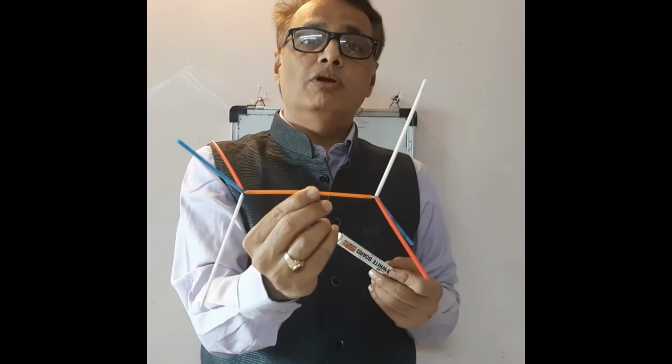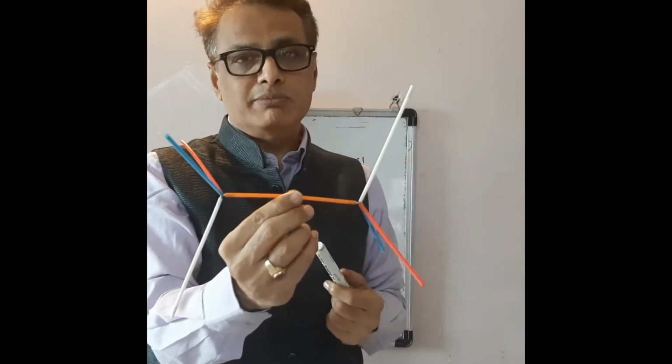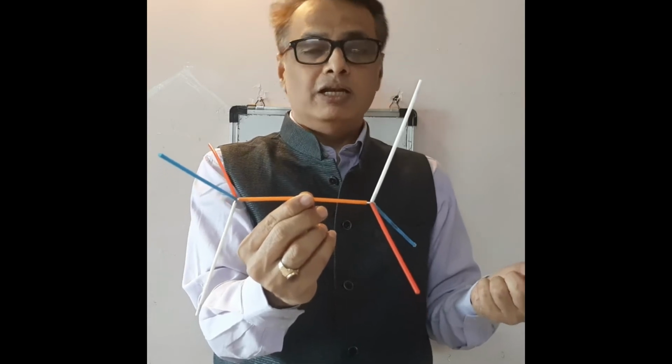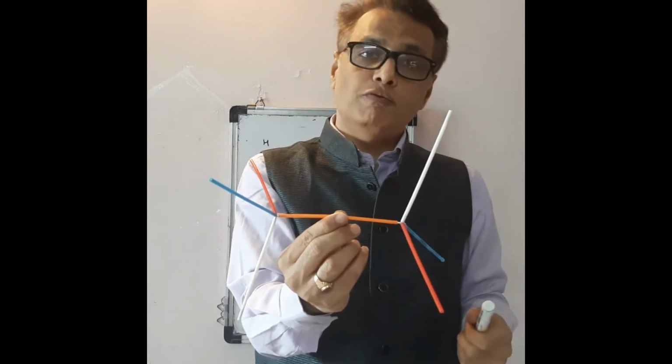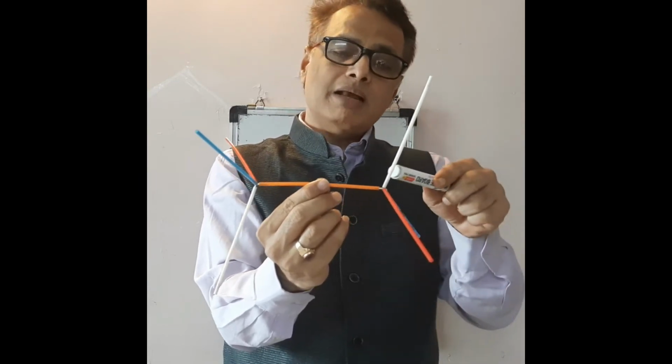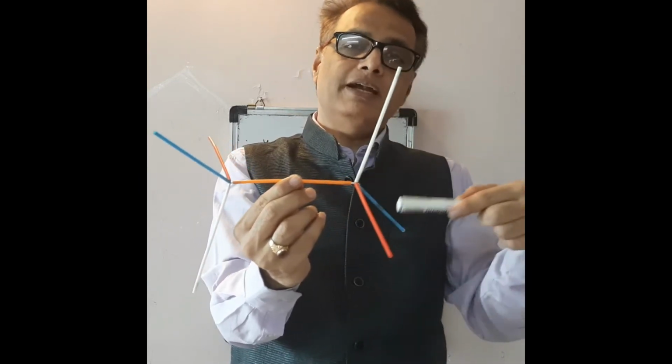Let us find out the symmetry elements possessed by this molecule. This contains the identity element E. Now we have to find out from the rest of the 4 symmetry elements, starting with the proper rotation axis. This carbon is attached with 3 different atoms.